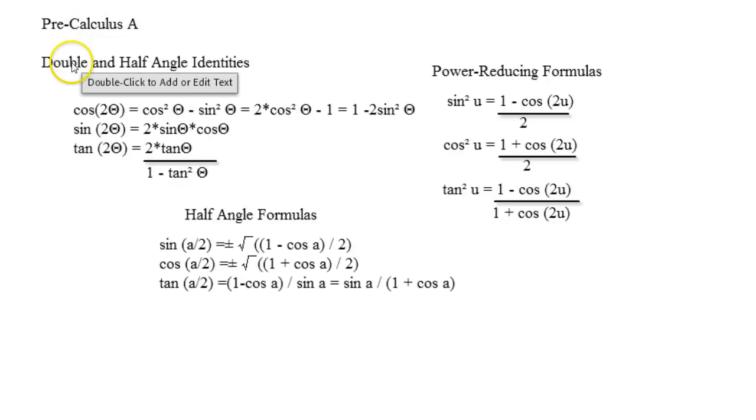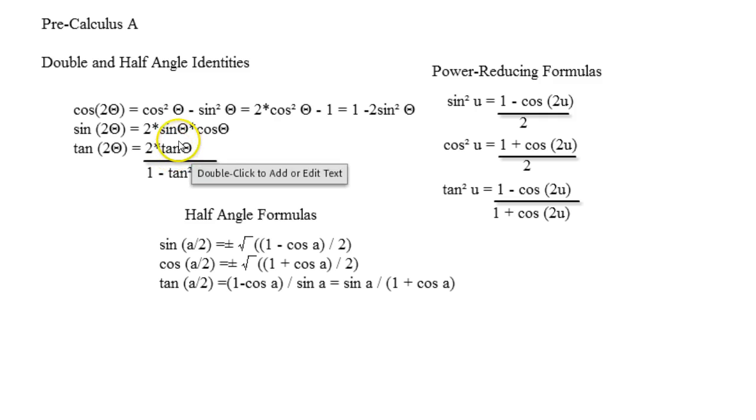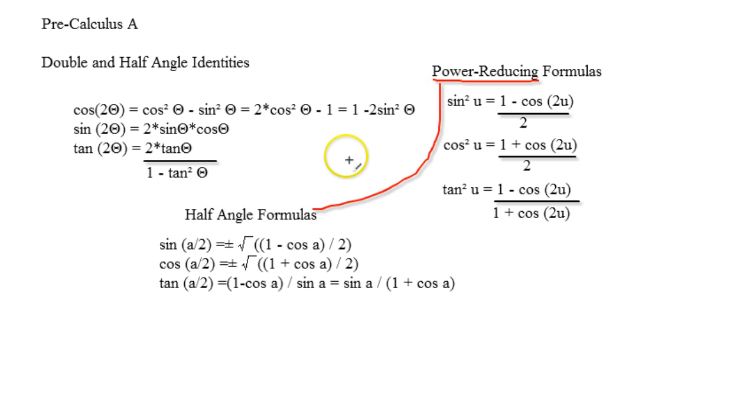Alright, so today we'll be talking about double and half angle identities. Now, double angle and half angle identities come up in certain situations, okay? Alright, and also power reducing formulas, which are very closely related to the half angle identities, okay? Alright, so double angles are when you see cosine of 2 theta, sine of 2 theta, or tangent of 2